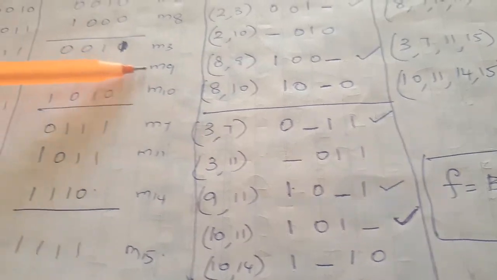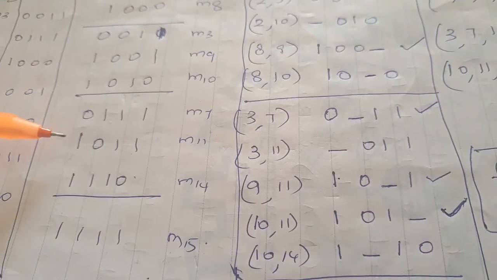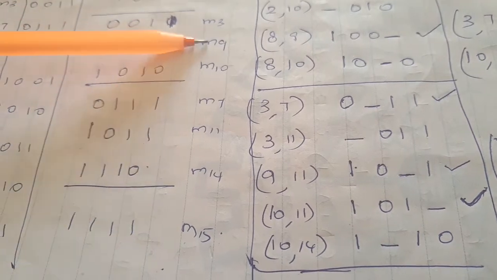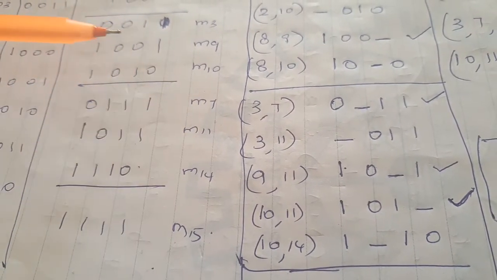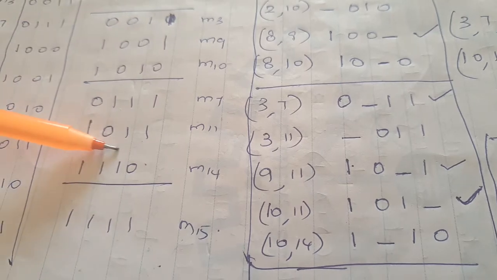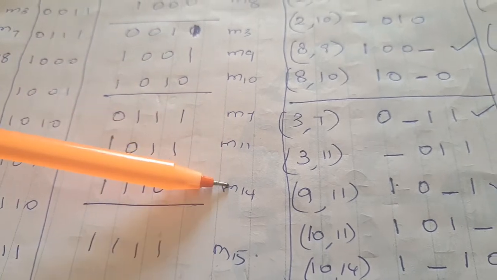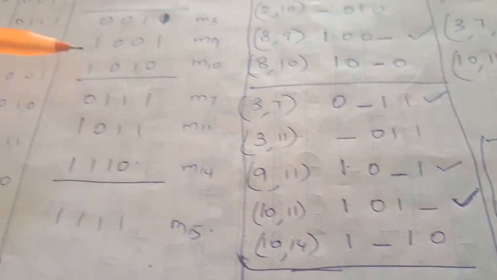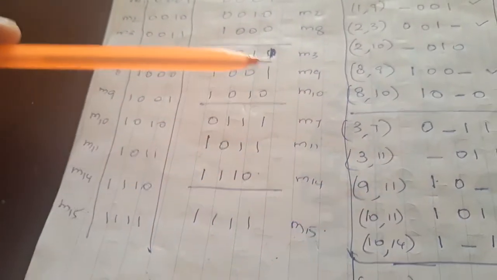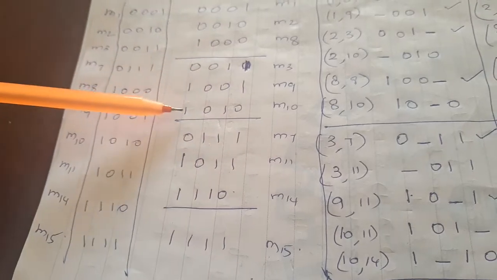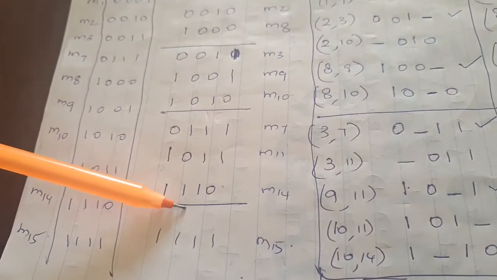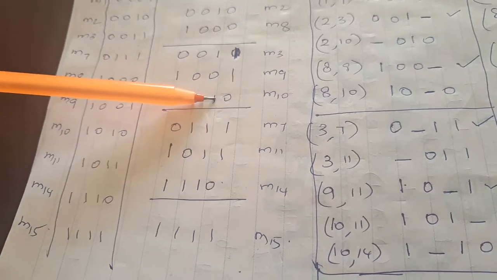Okay. Again 9 is 1 and 1. So which segment? 11 is having 9, 11. Only 1 is having the same. So 9, 1, 0, 1. Here the second bit is changing. Okay. Next 10 you take 1, 0, 1, 0. How many bits are changing here? 10, 11, 10, 14. So in 10, 10 and 10, 11, the last bit is changing. Therefore 1, 0, 1 hyphen. 10, 14, third bit is changing. Therefore 1 hyphen 1, 0.